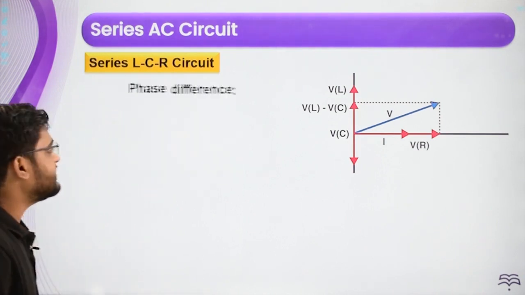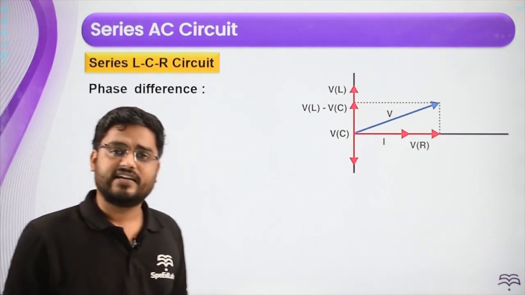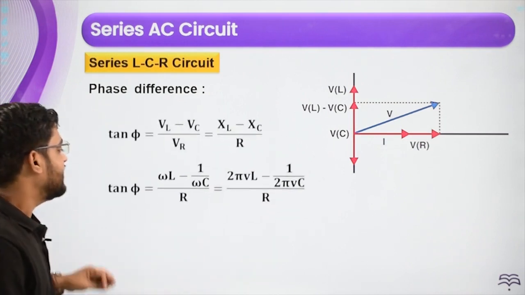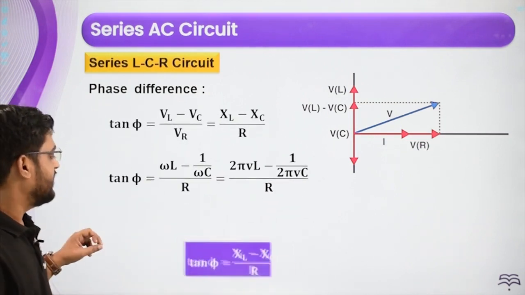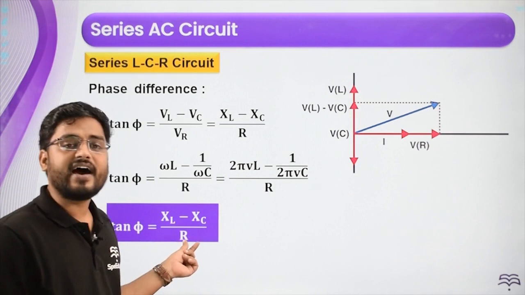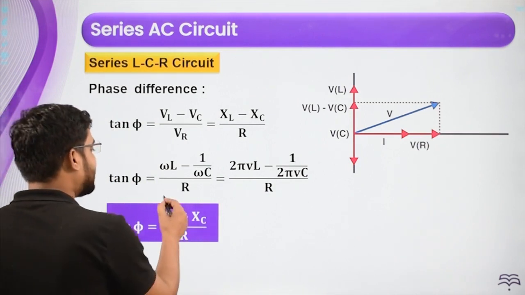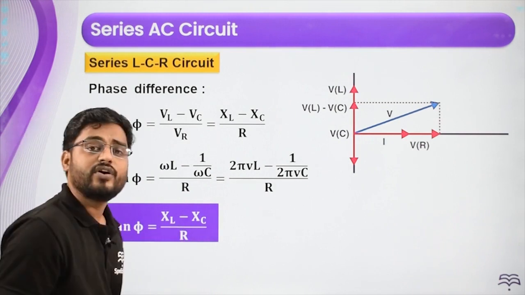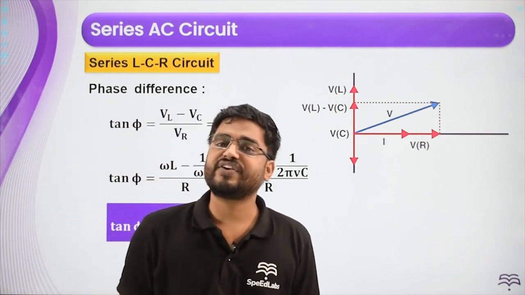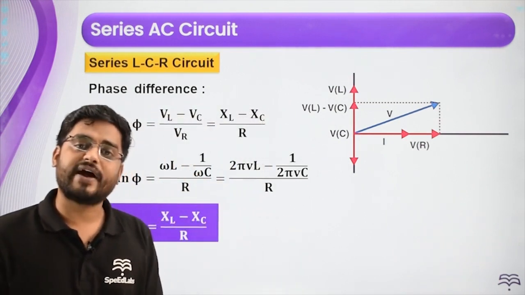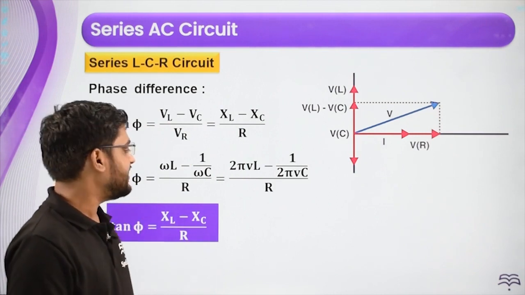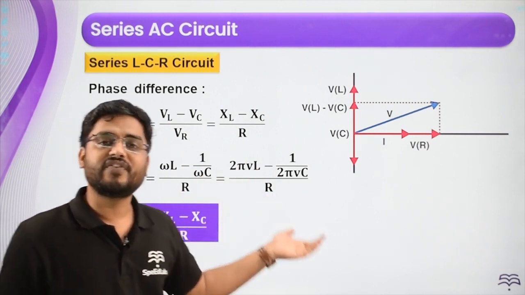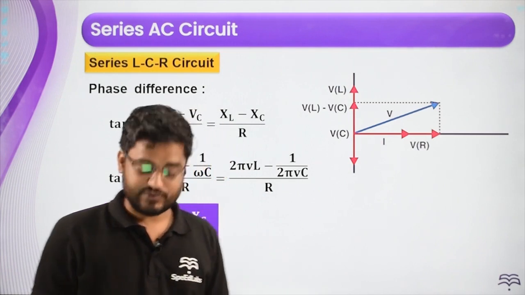And the next thing is to get the phase difference phi. So phi is nothing but tan inverse XL minus XC by R. If you want, then you can also say XL is L omega, XC is 1 by C omega, or instead of omega, if you want to replace it with frequency, then instead of omega you can write 2 pi f. F is the frequency, or here 2 pi nu. Nu is the frequency of alternating voltage source.